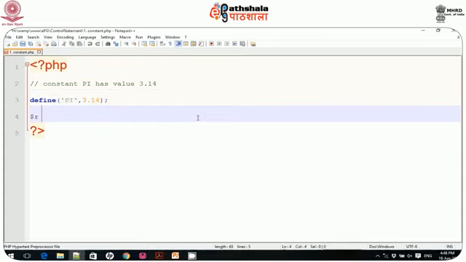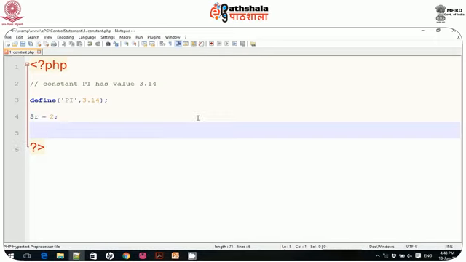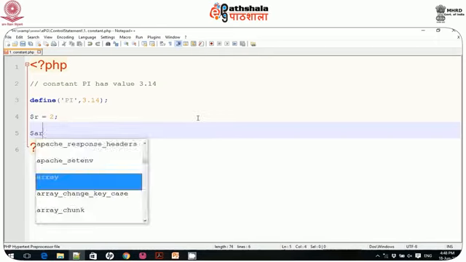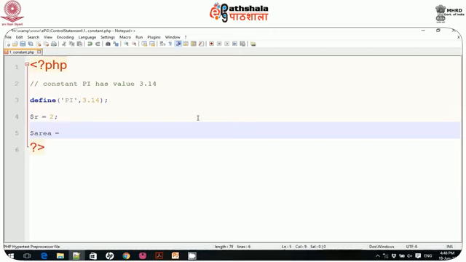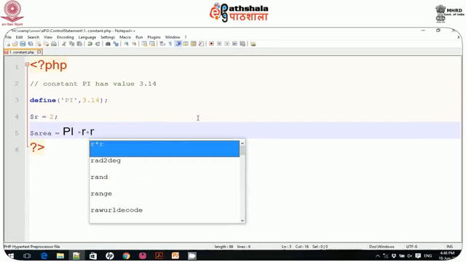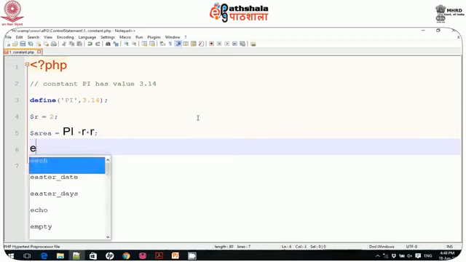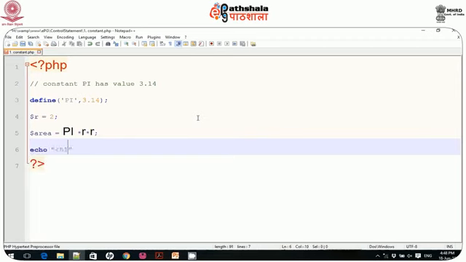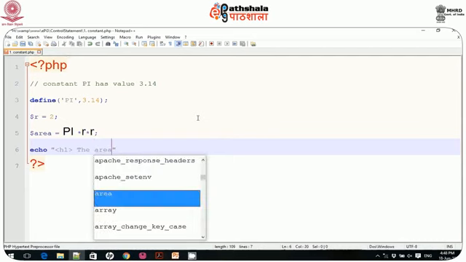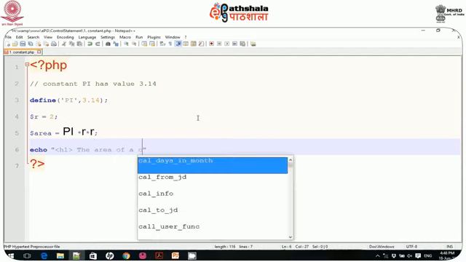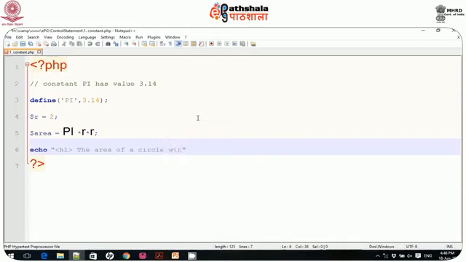Now let me define one variable. $r is equal to, let's say for example, 2, and let me define one more variable. $area is equal to PI into r square, meaning r into r, and then I can write echo h1, the area of a circle which has radius $r is $area square meters.